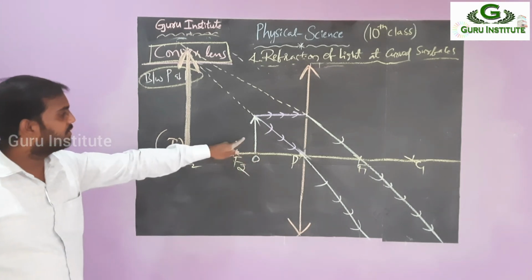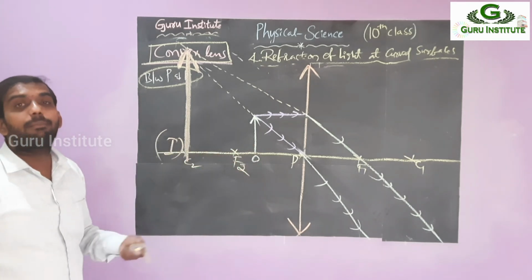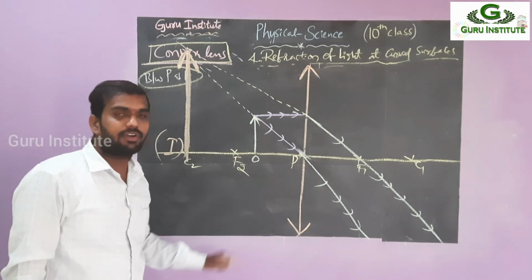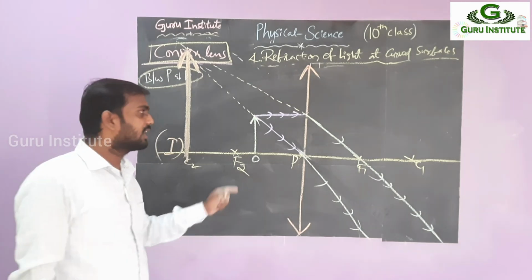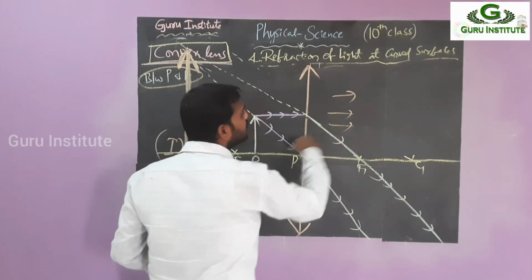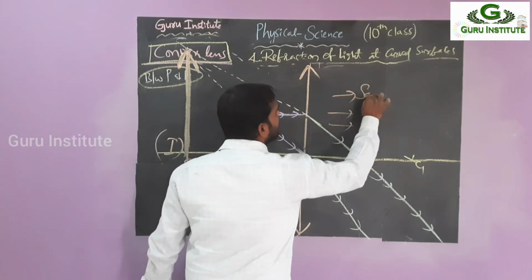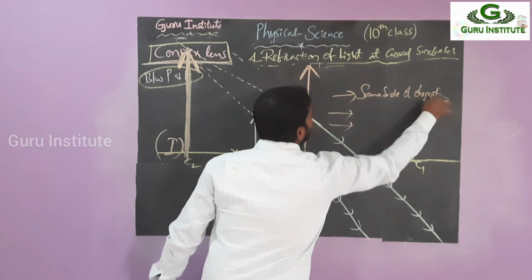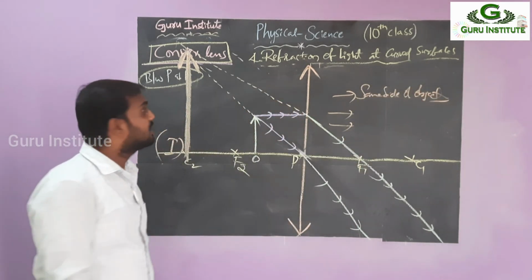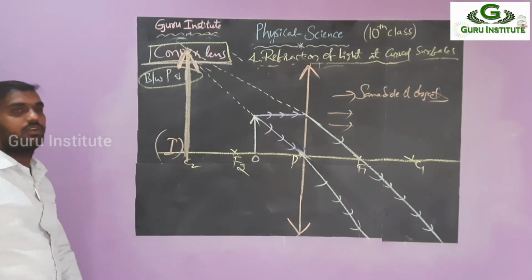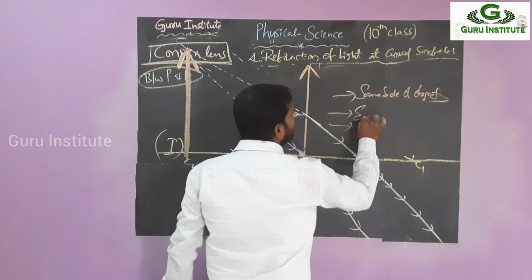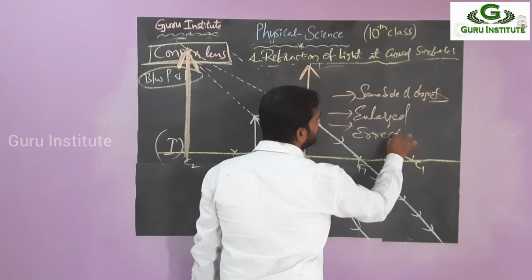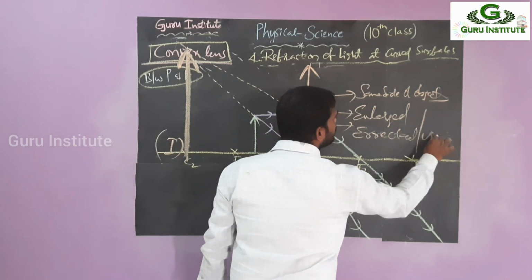Okay. So simply we can write: after the object, or beyond the object, or back side of the object, or same side of the object. You can take any one. So first, for position you can write same side of the object or beyond the object. Then what is the next one? Enlarged dimension. Simply by seeing, this is a larger image, so it's an enlarged image. Inverted or erected? Simply that's a straight image, right? So that's why it's an erected image. So that's why it's a virtual image.